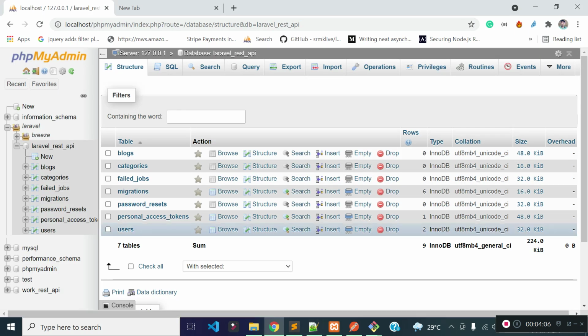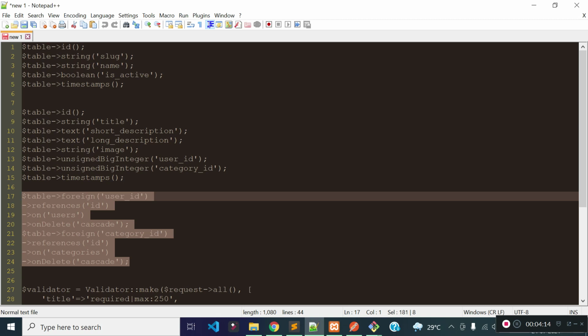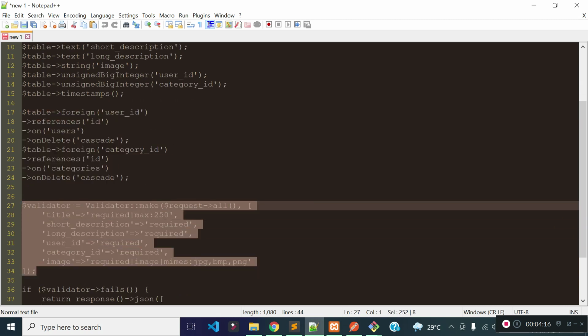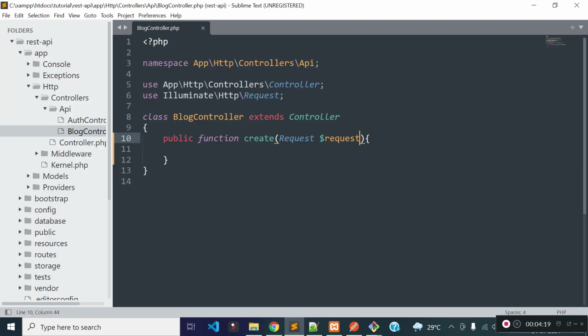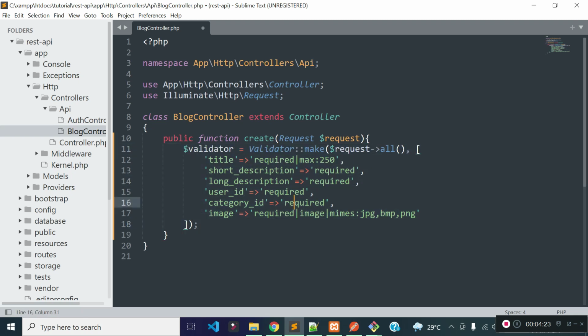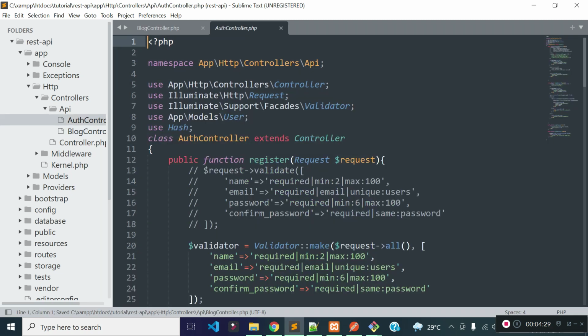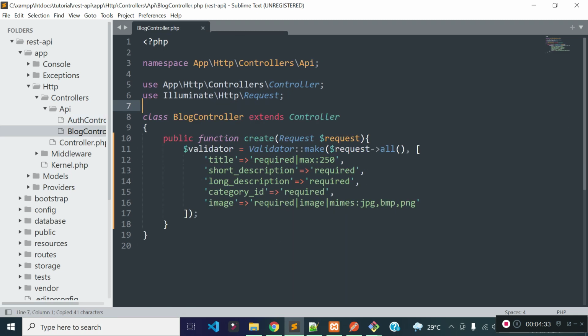Now I am going to add validations for the title, short description, long description, image and category ID fields. I am going to add the validation rules with the help of the Validator facade. So let's import the Validator facade at the top. We can take the namespace for our Validator facade from AuthController. Let's copy the namespace and paste it here.